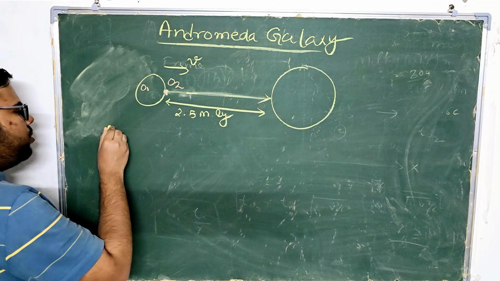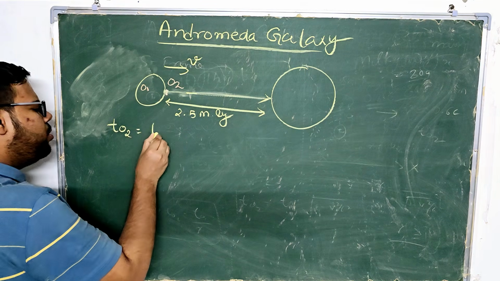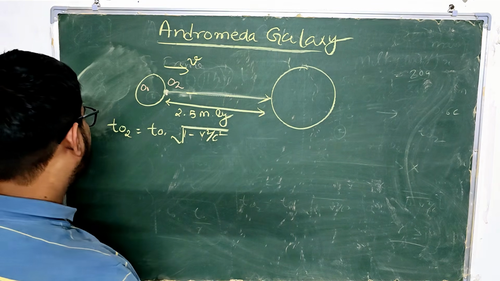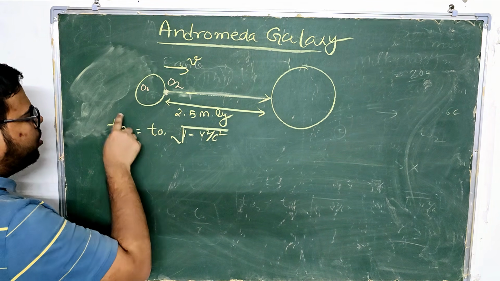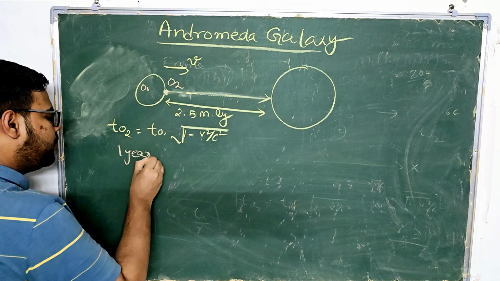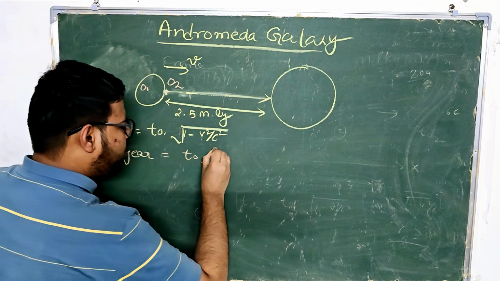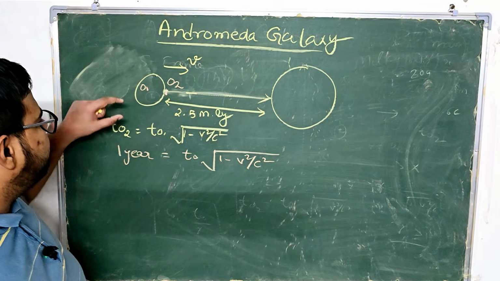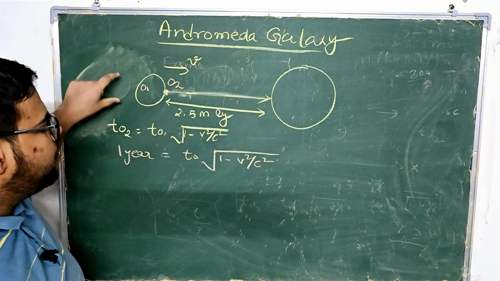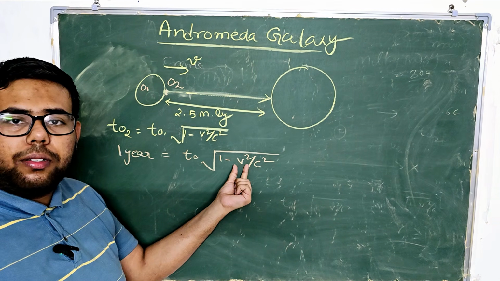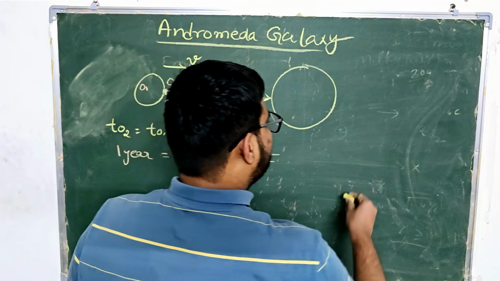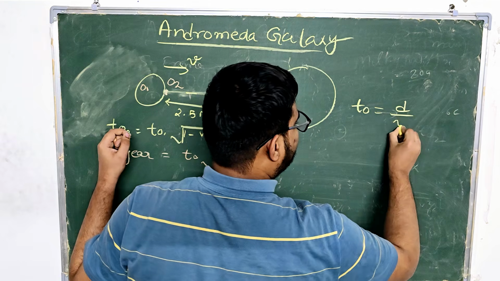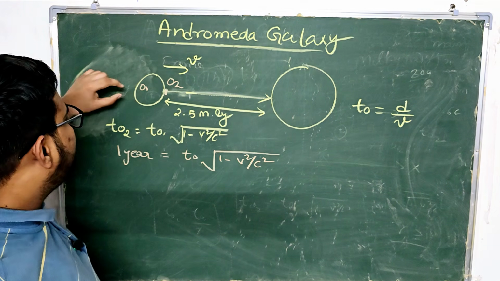Okay, so you know the relation T_O2 is equal to T_O1 times root of 1 minus v square by c square. Correct. So you want the time elapsed for O2 as 1 year. So how will you calculate it now? We have to calculate this velocity first of all, right? So T naught, because of course now I have to explain one thing over here, will be equal to d upon v. Why? Because for this observer,